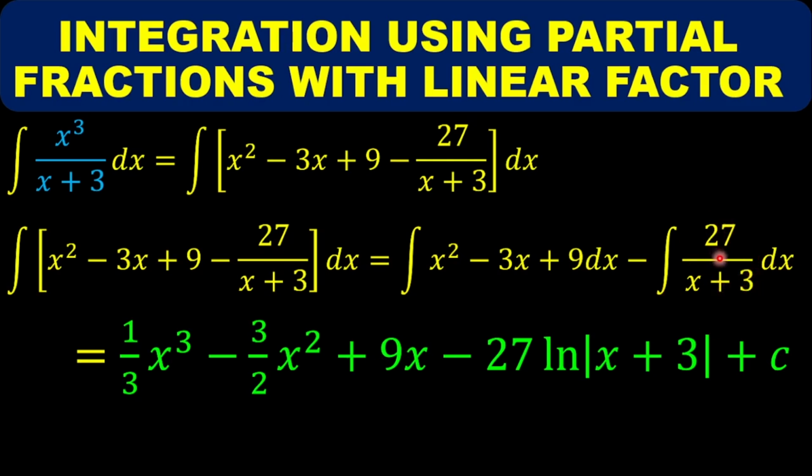If you've watched that, then you shouldn't have a problem. So this minus is what we see here, and then the 27 must come outside so that we can get 1 here. If you have 1 over x plus 3 and you are integrating, it is simply the natural log of the absolute value of x plus 3, and then of course plus c,